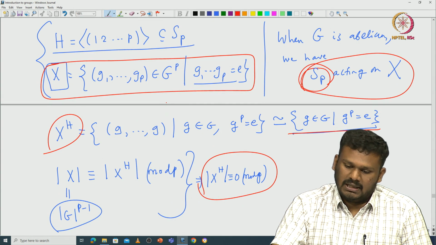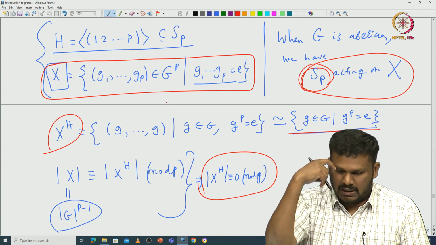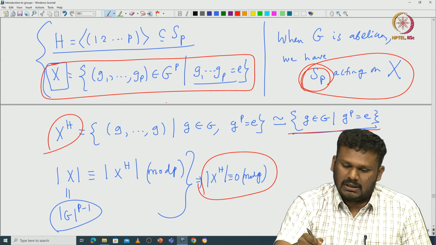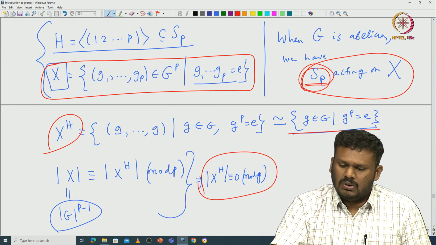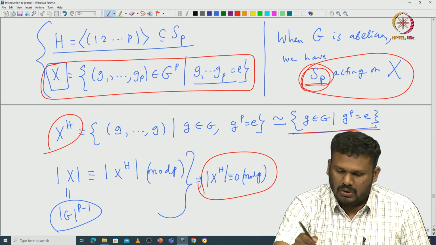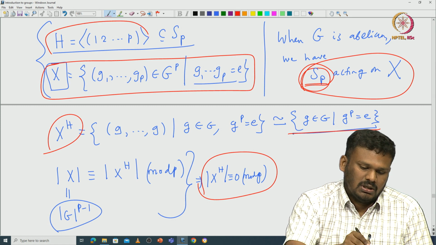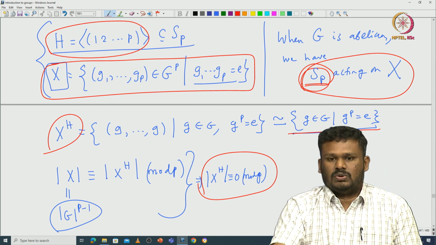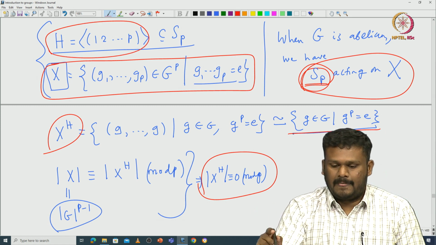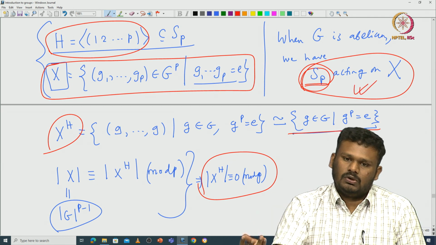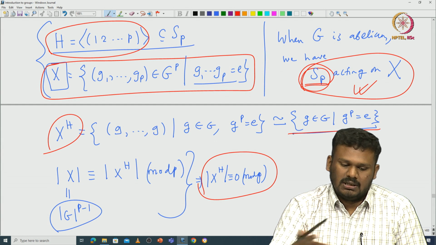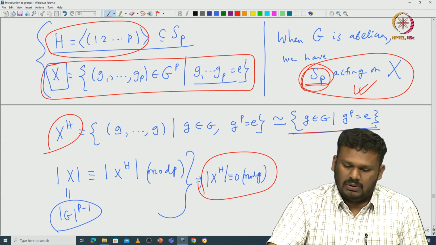Okay. So, here the advantage, like I said, is that you can enlarge the group and then go to this very big group SP, and you can make that act on X. But of course, once you restrict that action to H, you want to apply everything for H only, not for SP. But I am saying you have this bigger group acting, so you can restrict and then look at this action. There is nothing to prove when you deal with an abelian group.